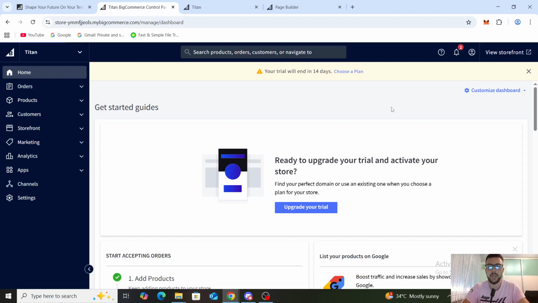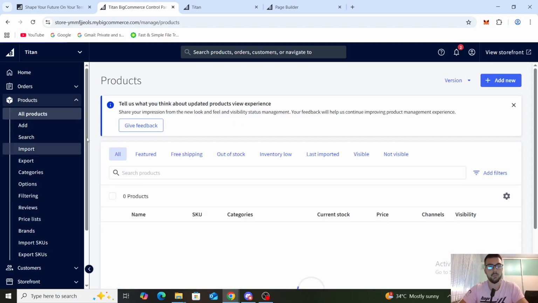Today I'm going to show you how to migrate from BigCommerce to Shopify. Migrating from one platform to another is never quite simple, but they make it pretty easy for users. So I suggest first you go to products and you can see all products, and